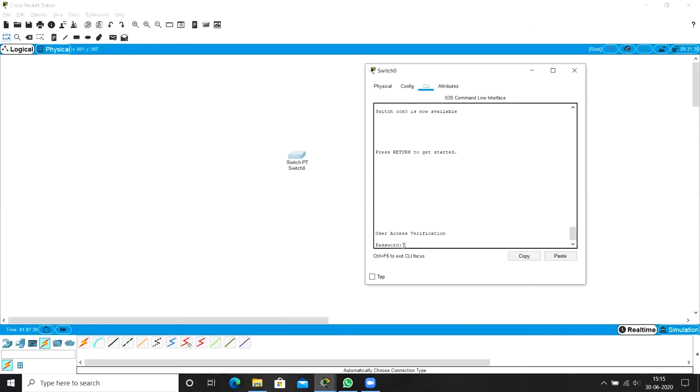So line console 0: on a switch you will have only one console port, and that is represented with 0.